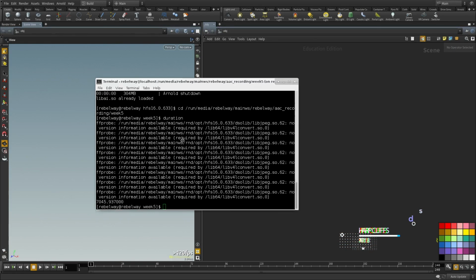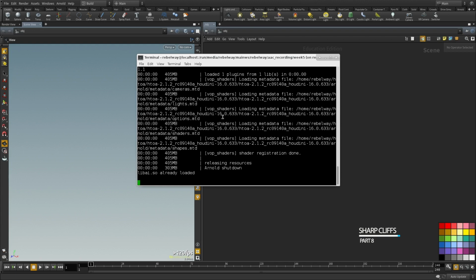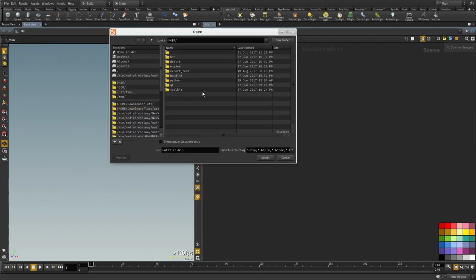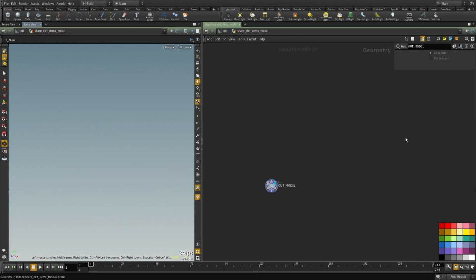So now we're going to create a new asset, and I'm going to use the script here. So create asset. I'm going to call it Sharp Cliff Demo, and I'm going to give it the name of the project, which is AC Workshop. Okay, cool. So let's open the file and let's get started. So for the sake of time, I'm going to copy an existing graph